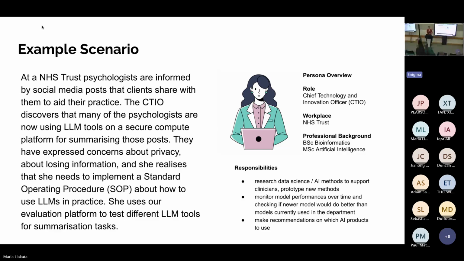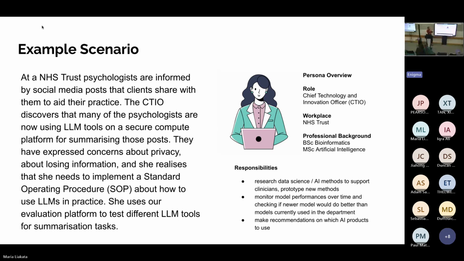Yes, she works with, but together with her, we came up with a scenario to ground our platform, that we want to use to guide you through what we're trying to achieve. So imagine there is a CTIO, which stands for Chief Technology Innovation Officer. That's her.